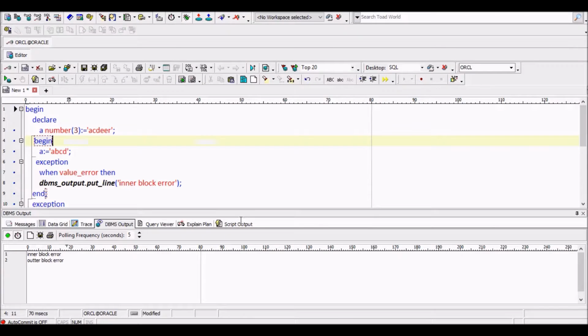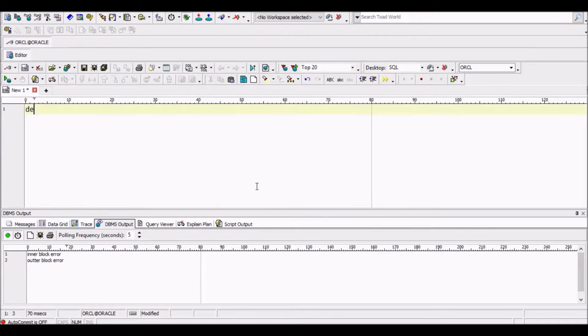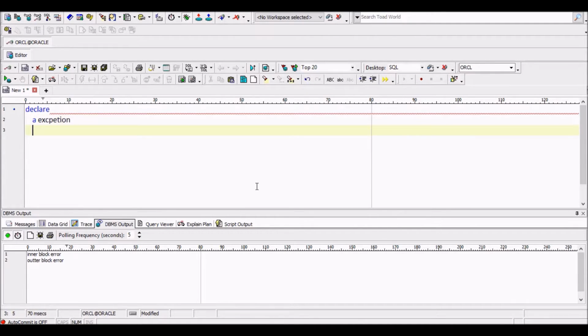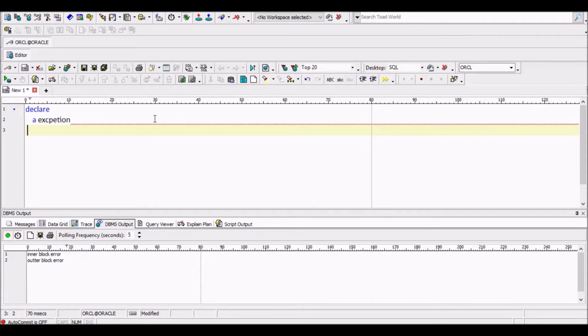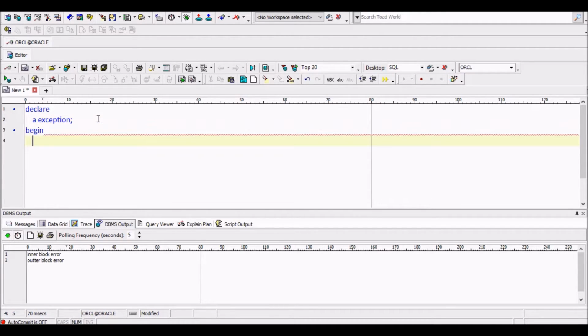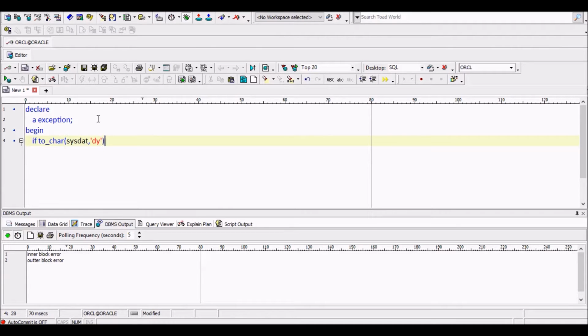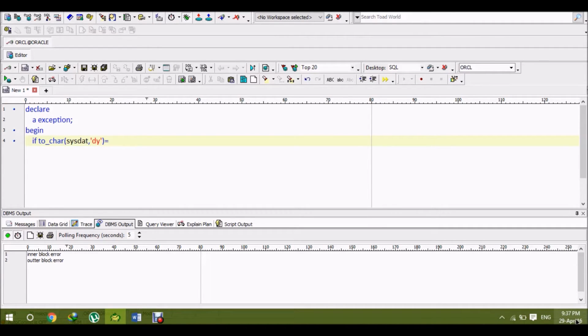So let us see this in code. Declare a exception, begin. If to_char, because we are converting sysdate to our required format, that is dy, equal to today's day.